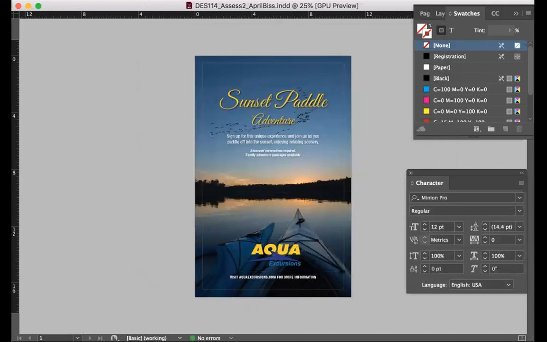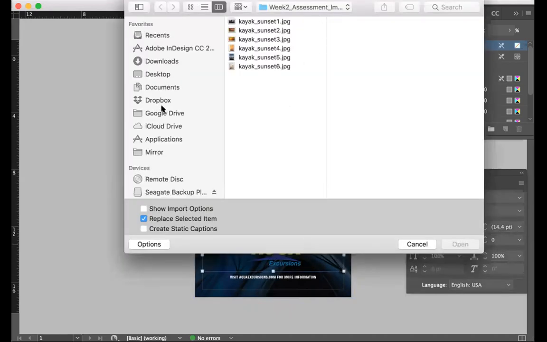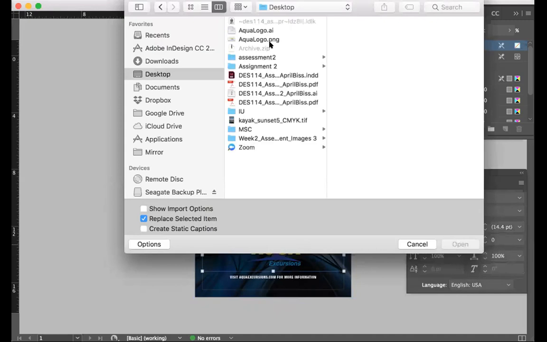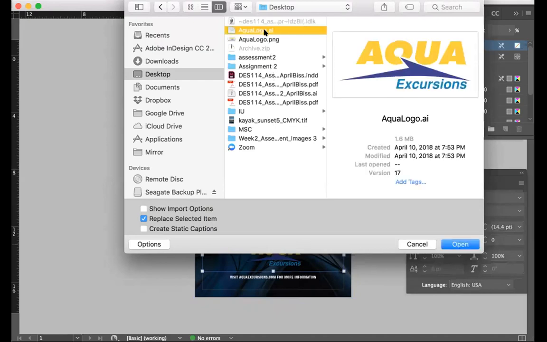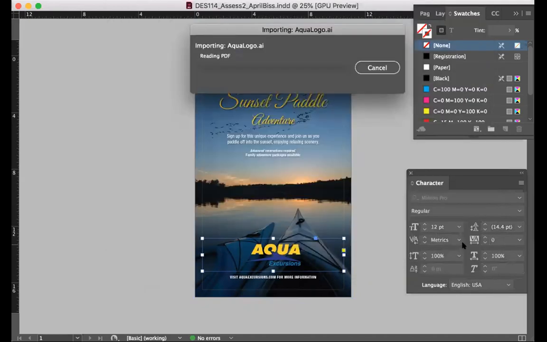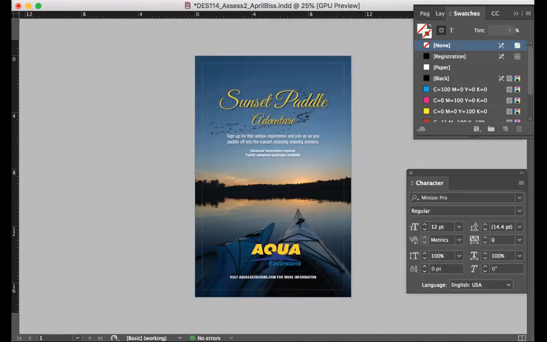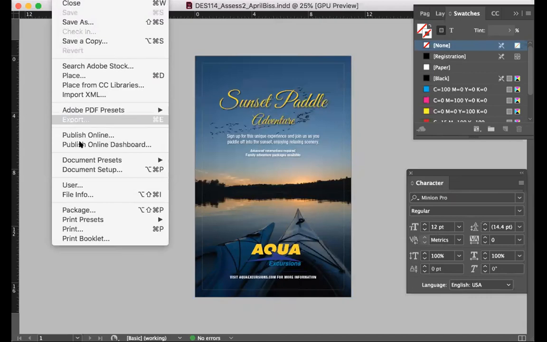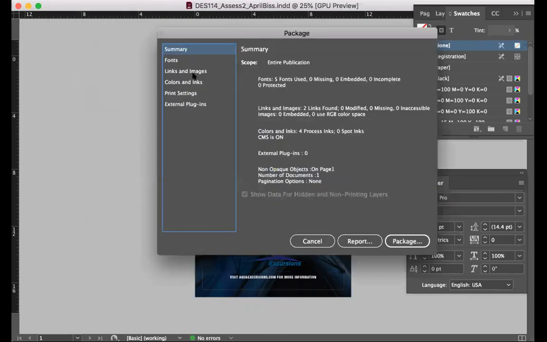And what I'm going to do is I'm going to have to probably open up. I'm going to actually place in the Illustrator file here. Let's see. Where's my Illustrator? Okay, I'm going to save that. So I just placed the Illustrator file in there. I'm going to go do the same thing, package. I'm going to look at my links and